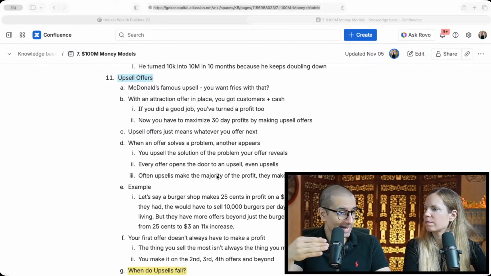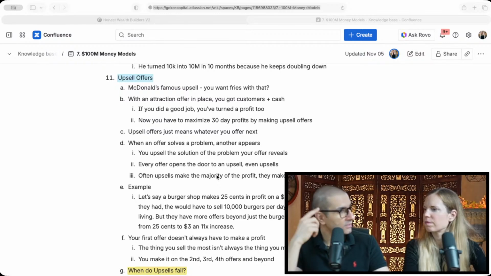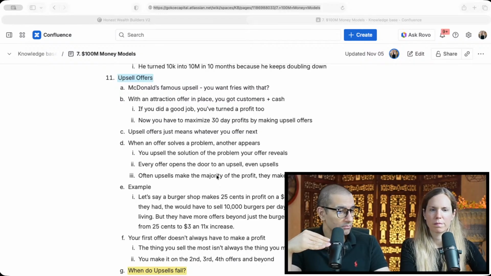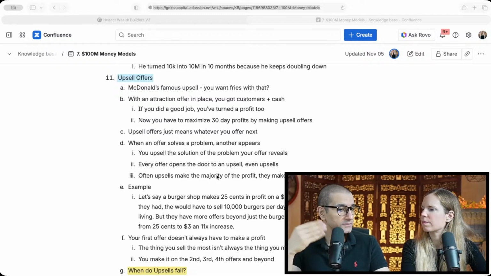But what if a better money model would be if everyone paid cash? That would be the best because then you can roll over the profits. Second best option would be a very high down payment, so if they put 30%, 40%, 50% down and the rest over the period of a year. And the third option is they start with a lower down payment, but then you upsell them and